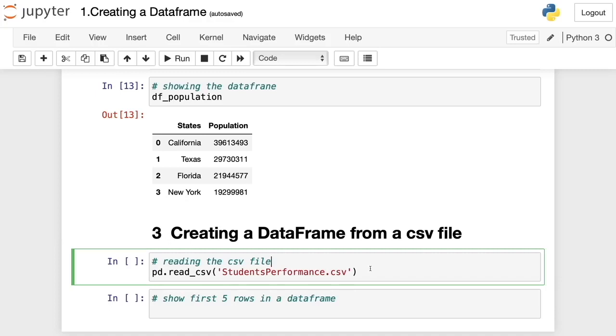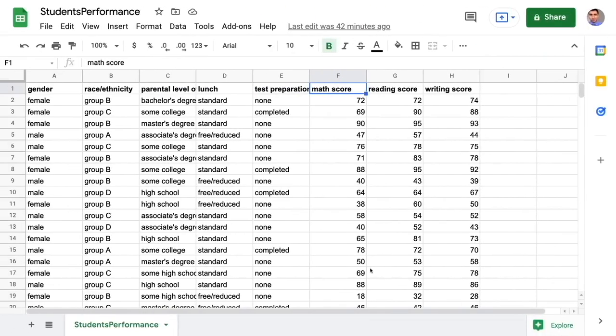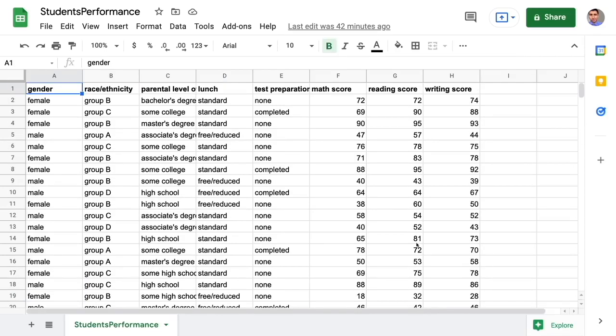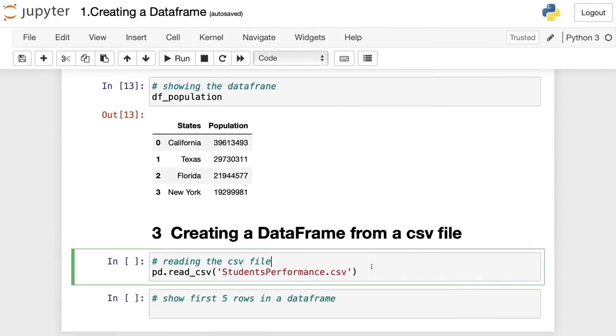And actually we can have a look at this data before importing into pandas. So it's here, I have it in Google Sheets. And as you can see here, we have the scores of some exams, math, reading, and writing. And we have some other data. So we can import all of this data, all of the 1000 rows, into pandas. So all of this is going to be here. So here we only have to define the name of this data frame. So here I'm going to name it